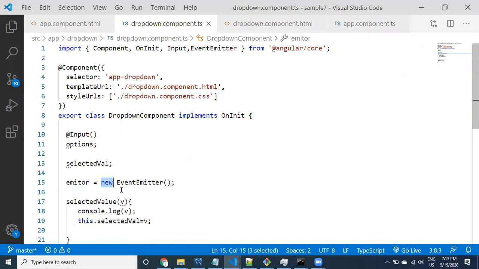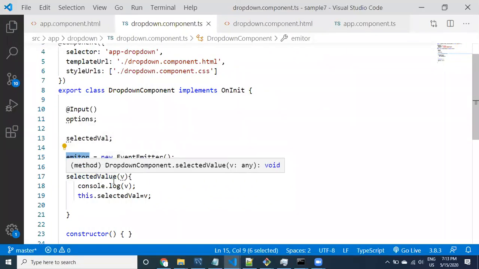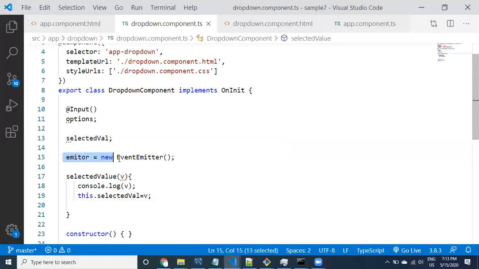Emitter equal to new EventEmitter object, you have provided. So now you can use this emitter. Actually, using this, we have to emit it.